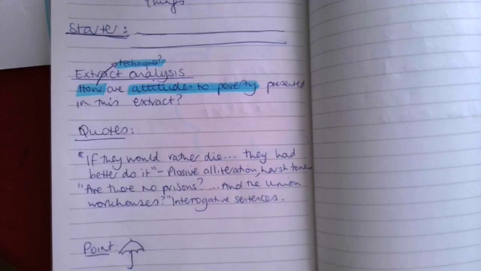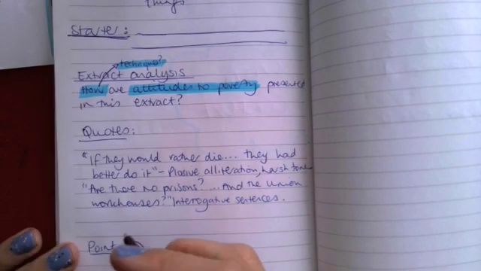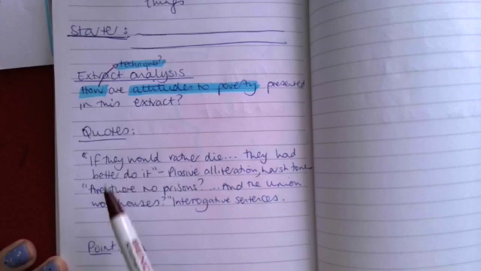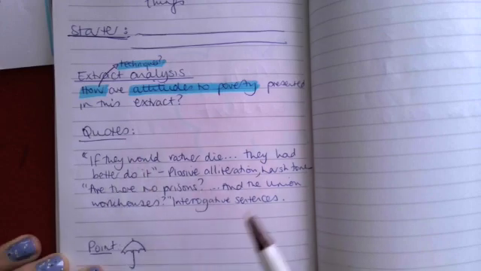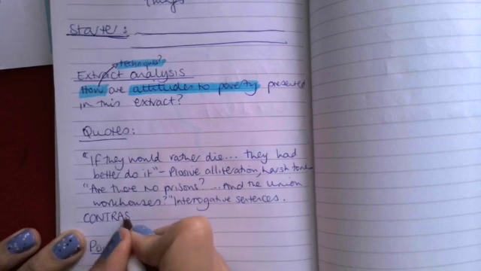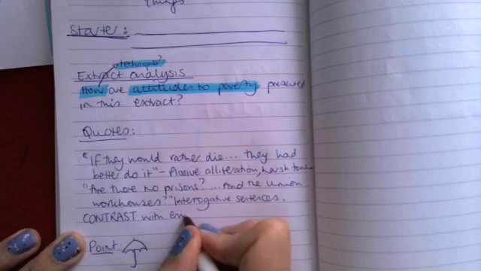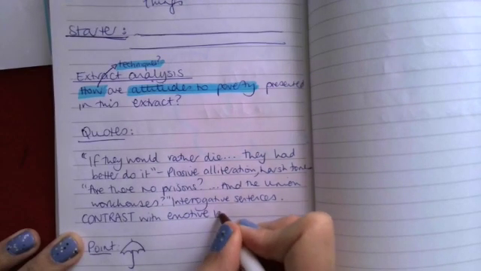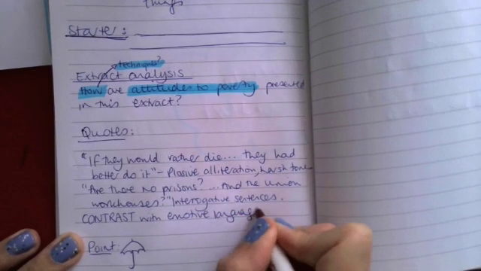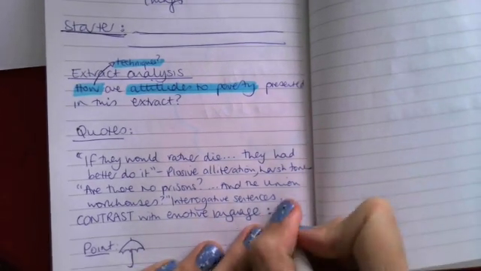Okay, right, and then I think it's quite nice to have a contrast with the gentleman. So I'd say, if we go for sort of 3 quotes, so we've got that contrast with the emotive language. And then we're just going to pick out a few words of the gentleman's emotive language. So we've got